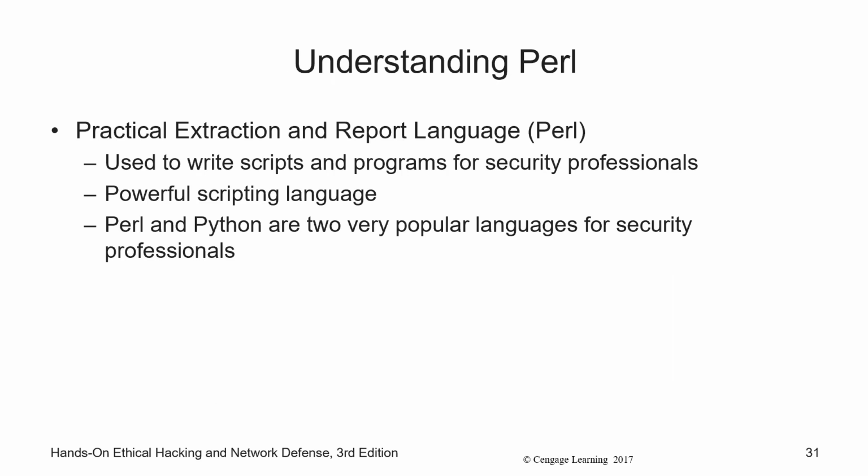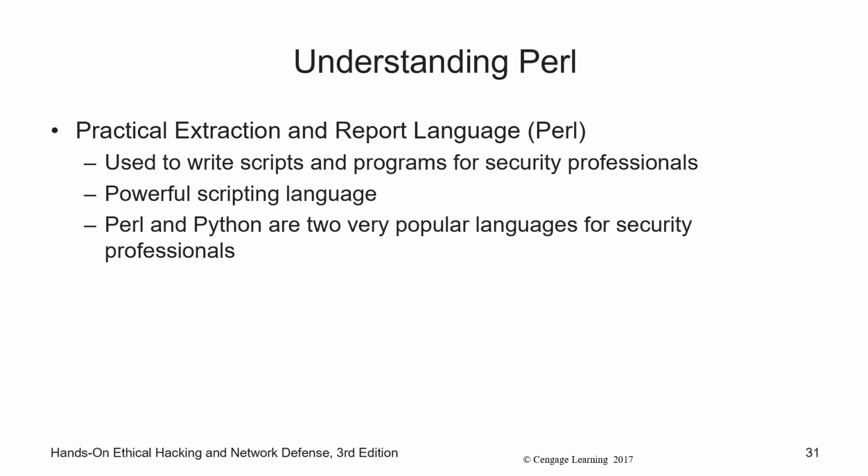All right, so we talked about a language C, and C gets compiled into an executable file. We talked about HTML, which is simply a markup language, not a scripting language, not an interpreted language. It just marks up text. Finally, we have Perl, and Perl is a scripting language, so it gets interpreted on the fly. It's not compiled into an exe file. Practical extraction and report language. That's what Perl stands for. Again, it's just scripts. It's very powerful.